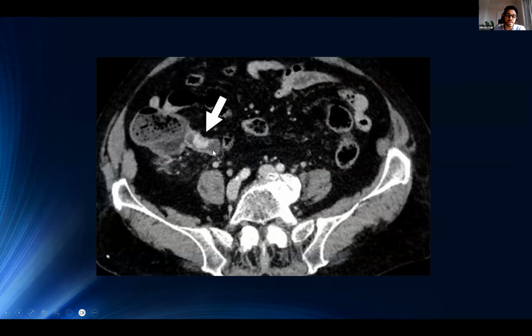So this is what I was talking about in terms of CT enterography. This actually was an unprepared study, but you can see there is better delineation of this arterially enhancing lesion within the distal ileum as a result of low density fluid in the surrounding ileum as well as the cecum. And it just highlights that lesion far more clearly than it would, for example, if you compare to a small bowel loop on the left-hand side, which is non-distended. There may well be a tumor in here and we'd never be able to identify it. So there are limitations to every test, and that is one of them in terms of delineation of luminal lesions on an unprepared study.